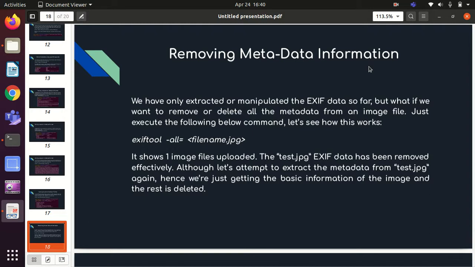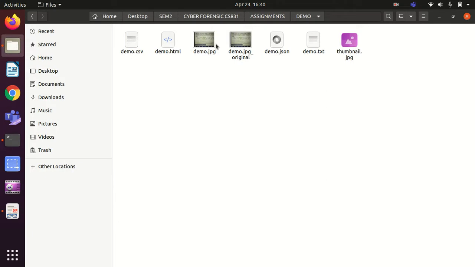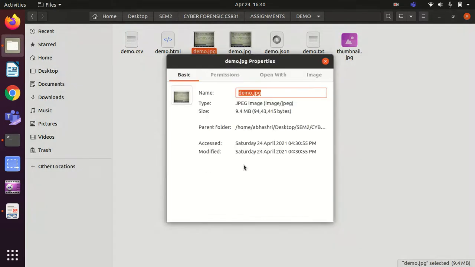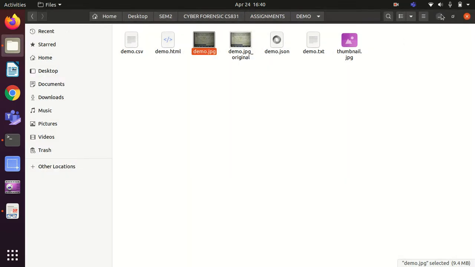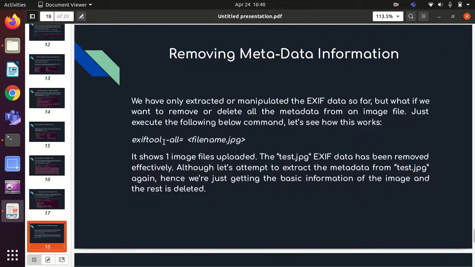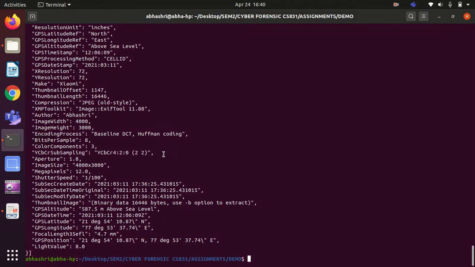Okay, now this is where we are going to remove the metadata information. Before removing the metadata information, I would like you to take a look at the original properties as we had already seen over here. These are all the properties. Now we are going to remove all this metadata. For removing the metadata, the command used is exiftool -all= with nothing after the equals sign, so we will not assign any value to all, and then the file name for which we want to remove the metadata. So the command says exiftool -all= and the file name demo.jpg. Okay, so this is the command, and after this all the metadata of this particular file will be removed.